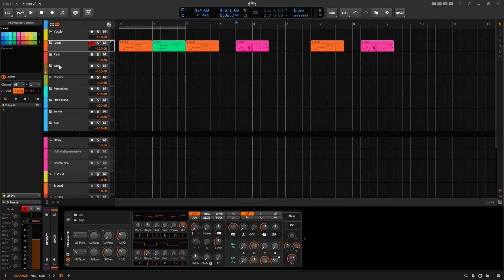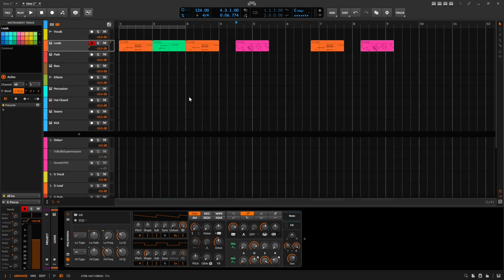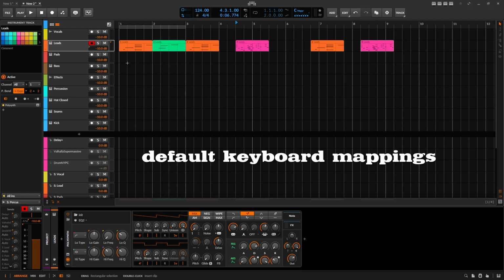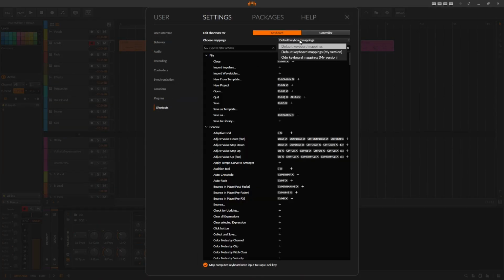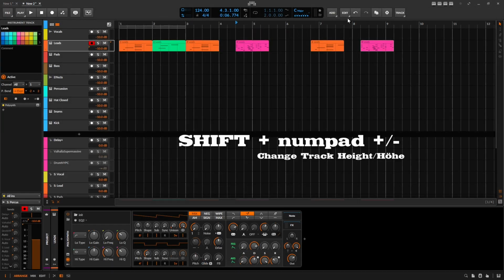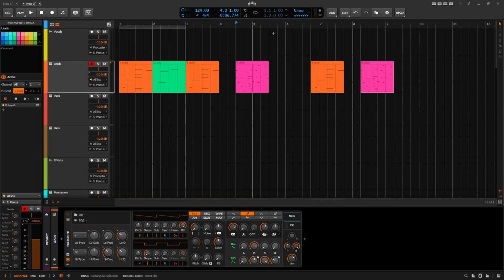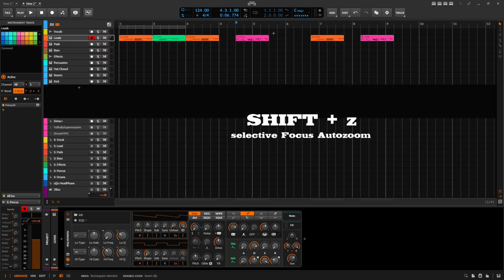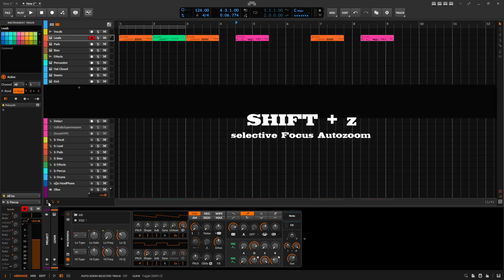I want to start with 2 great and very useful shortcuts before I get into the topic. And if you notice that the shortcuts are not working, go to the settings and reset the shortcuts to the default keyboard mapping settings. Then everything will work as described in the documentation. Shift and numpad plus minus to increase or decrease the height of all tracks simultaneously. And Shift plus Z, or this symbol in the bottom left below all tracks, an arrow pointing up and down,